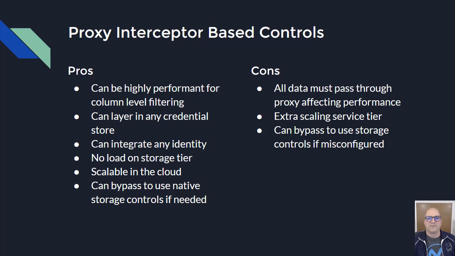And the reason is, where I worked before, we would be pulling terabytes of data through these cloud systems, and that meant the proxy had to be scaled wide enough that it could handle the parallel load. Like you do a Spark job running 30 nodes or something like that, and then you have hundreds of those running at the same time. Your Proxy Interceptor tier has to be big enough to handle the concurrent load for streaming all the data and doing all the filtering at once. So that can jack the cost up a fair amount,